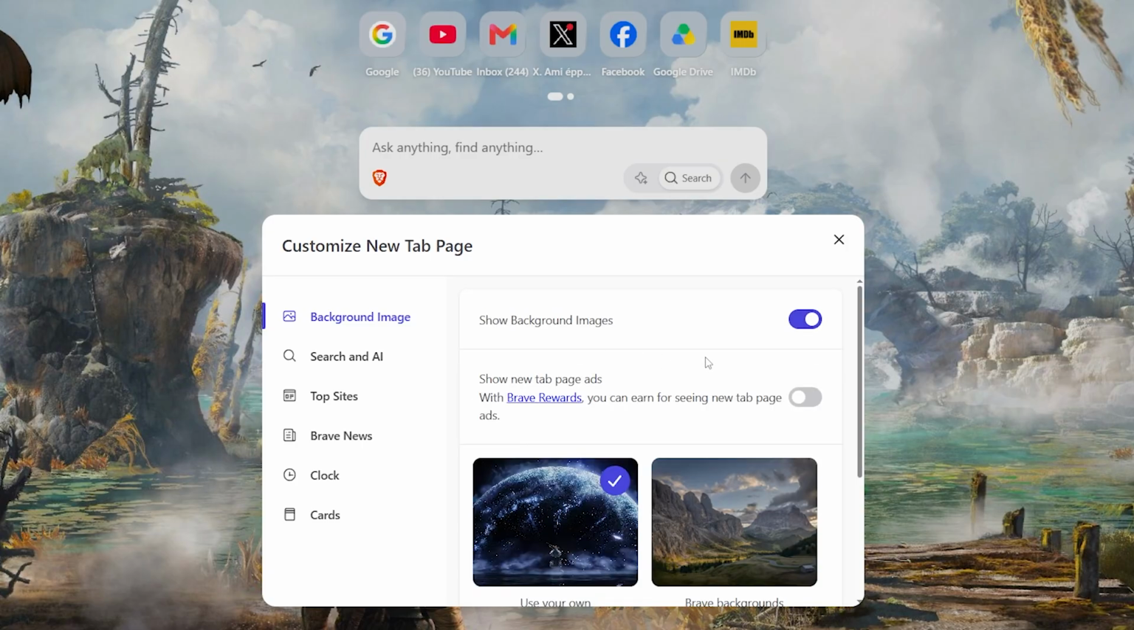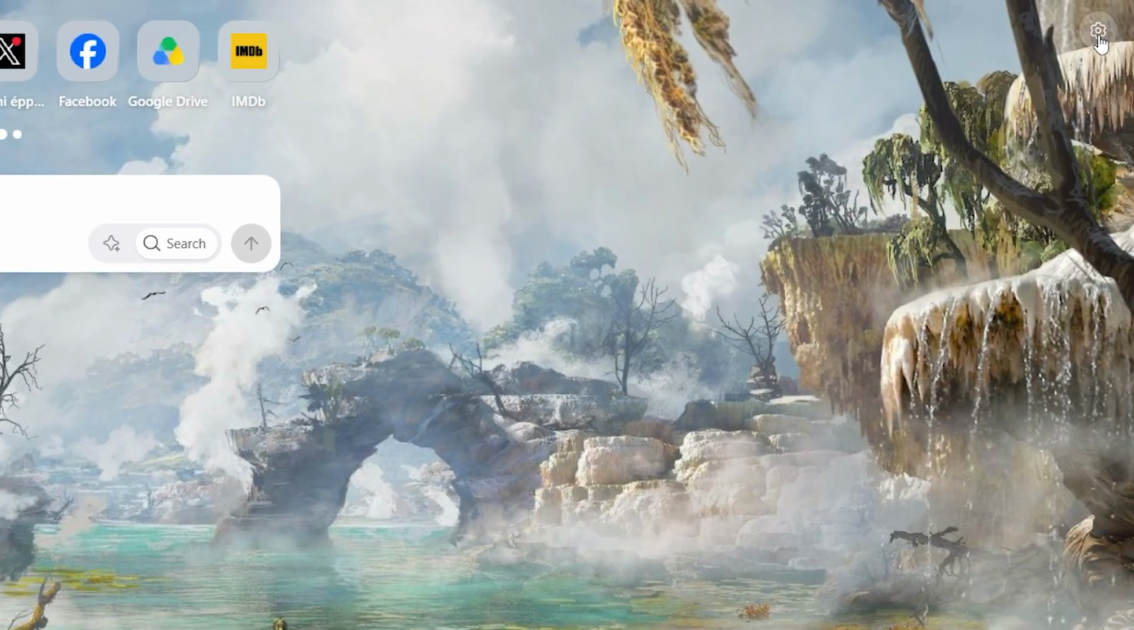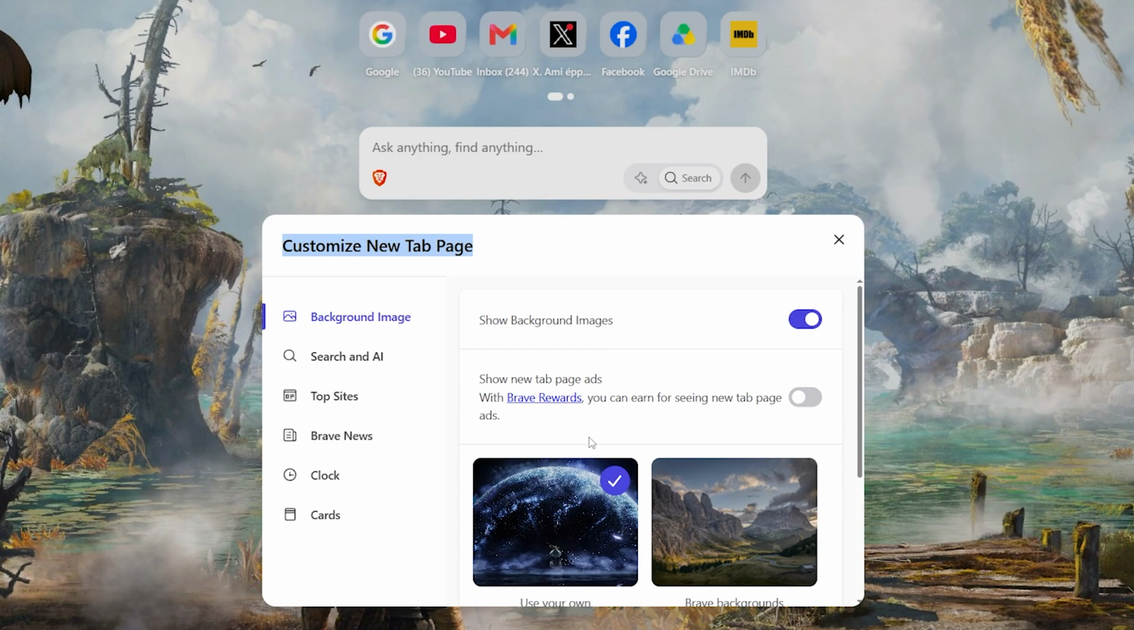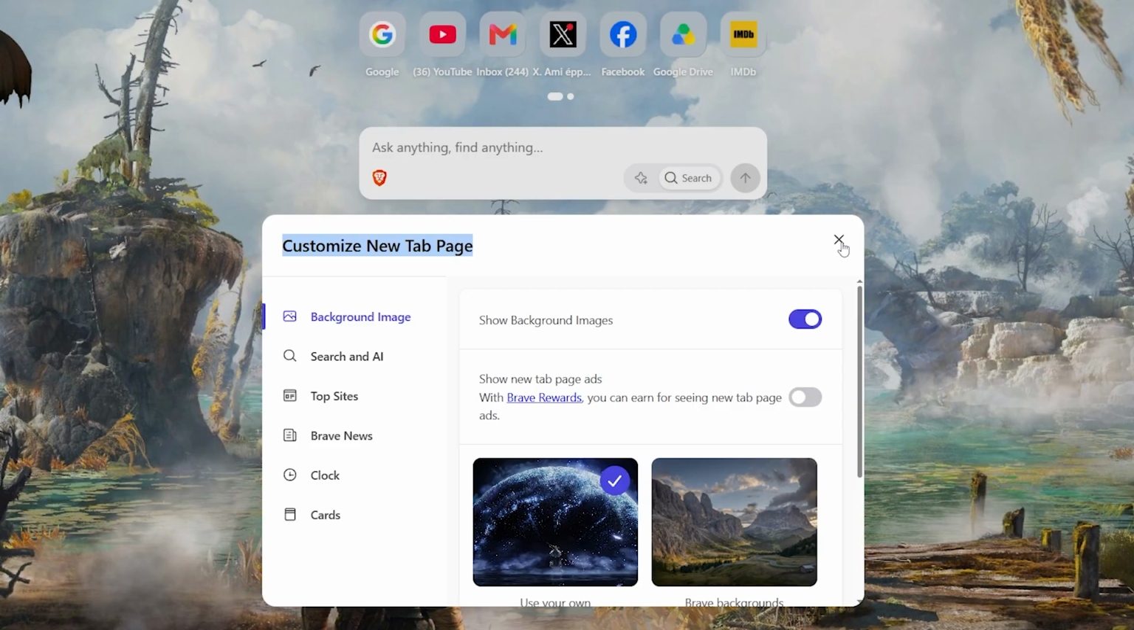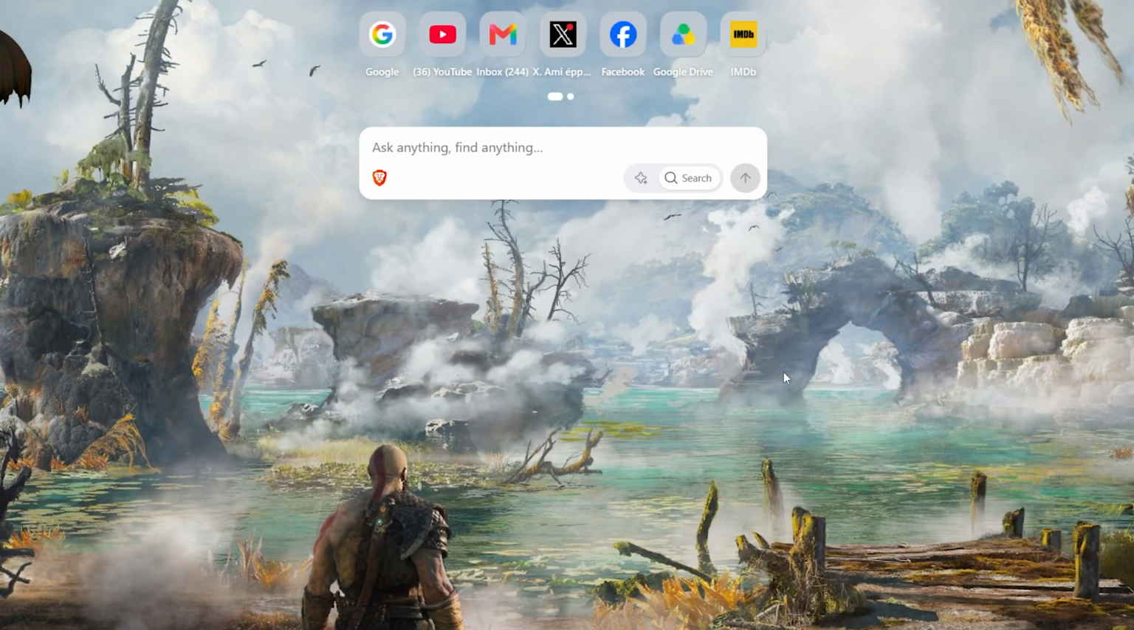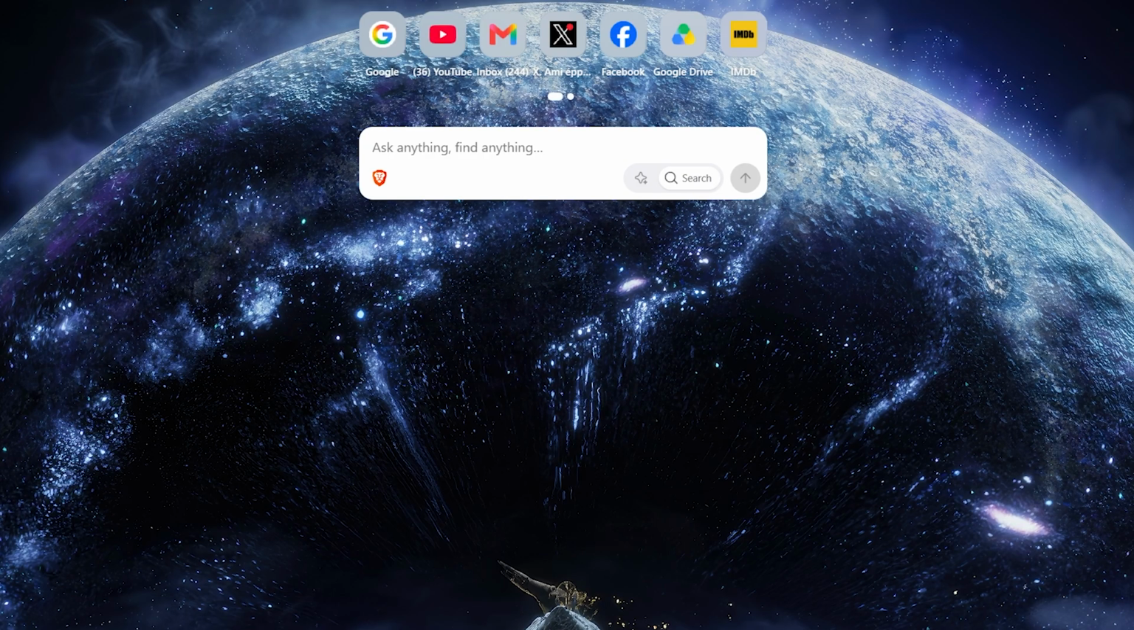For the best results, it's recommended to use high-resolution images, especially if you're on a larger screen. If you ever want to change things again, you can simply go back into the same Customize menu and switch backgrounds, colors, or uploaded images at any time. As you can see, setting up Brave browser backgrounds only takes a few clicks, but it can completely change how your browser looks and